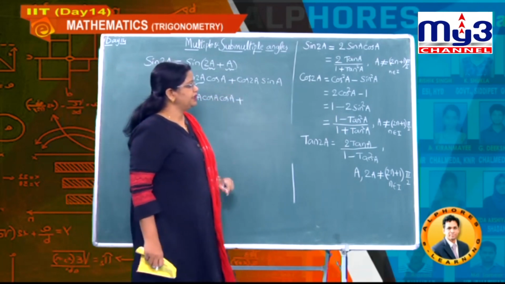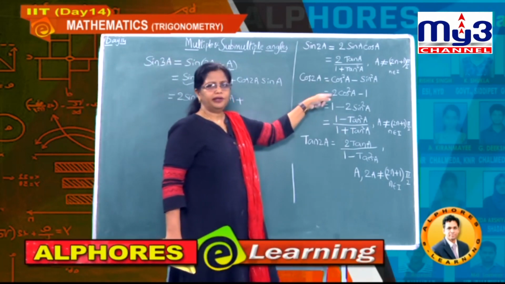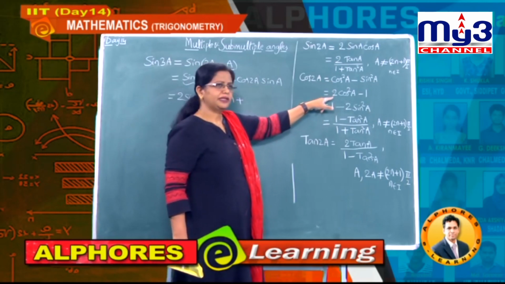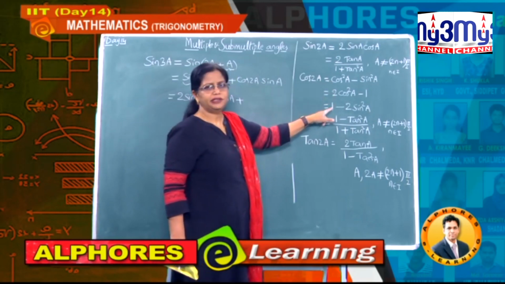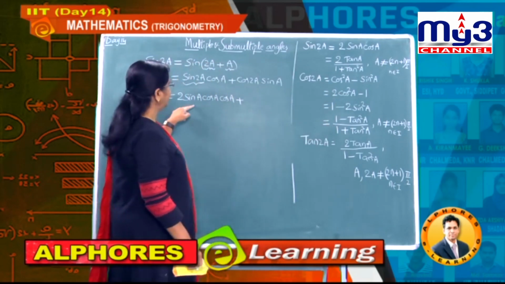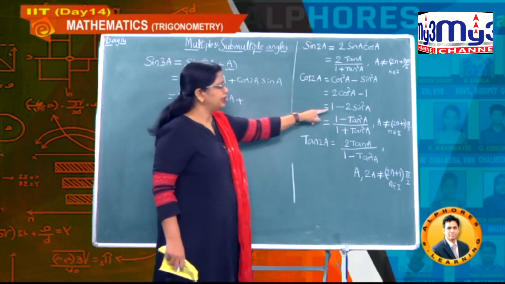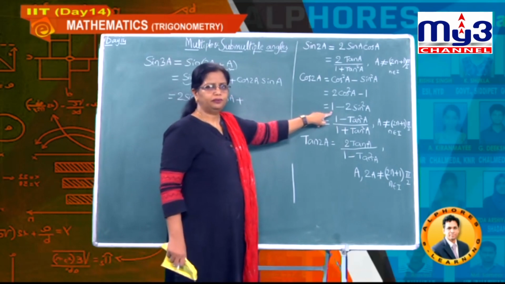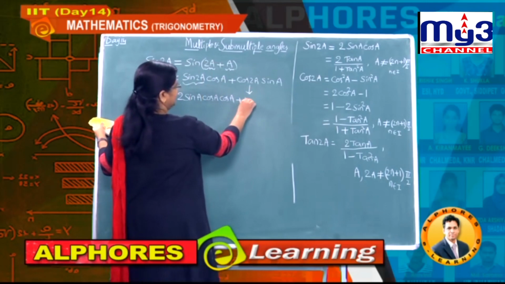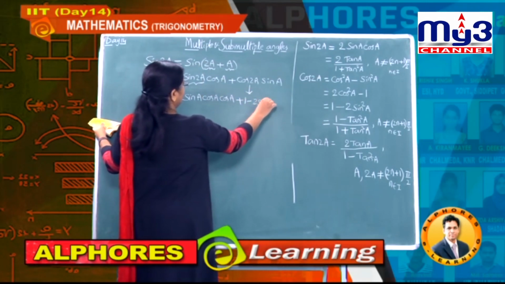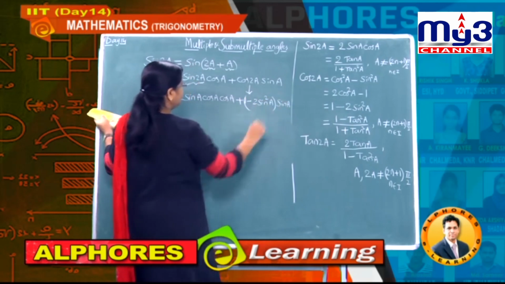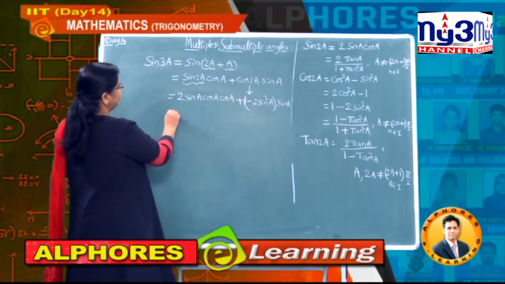Therefore cos 2a, you observe students, altogether 4 types of formulae. One is in cos and sin, one is completely in cos, one is completely in sin, and one is completely in terms of tan. As we want to write in terms of sin, I am selecting this formula among the 4. So now cos 2a is 1 minus 2 sin square a, and into how much here? Sin a.